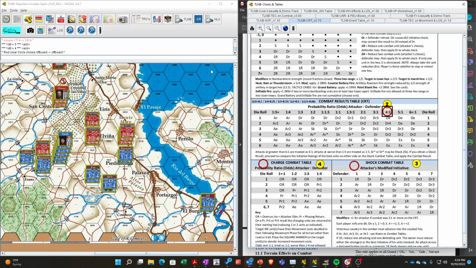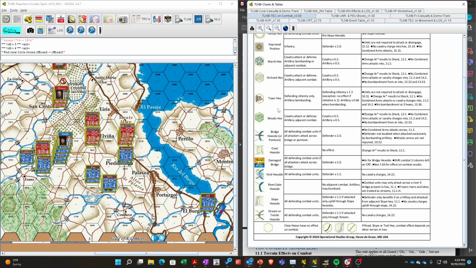And he's in a town, though. He does. Let's look at the benefits he gets for being in a town. AR asterisk results to shock. No combined arms. We didn't do that. No cav. Okay, it is a 4-to-1. So with a lucky roll,